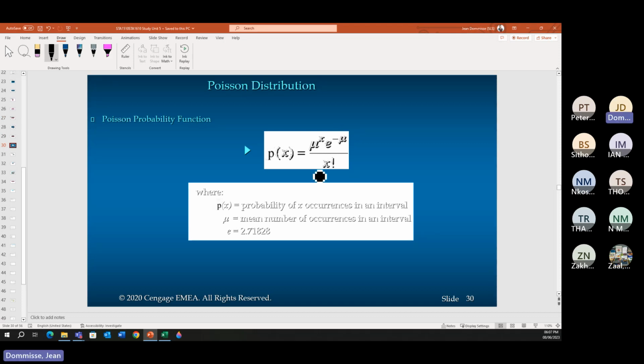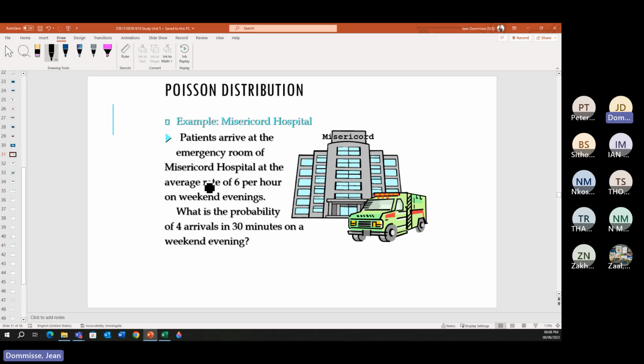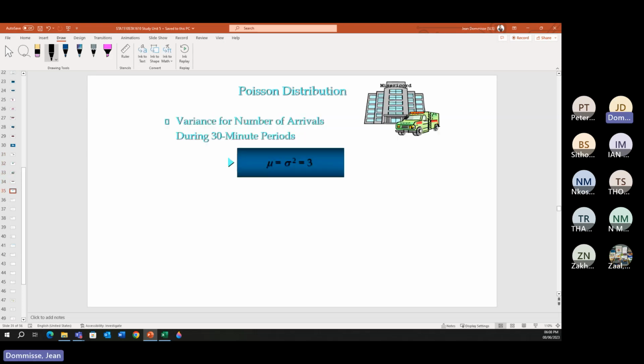Also in the pack is the Poisson distribution function again, but if we need to calculate this 4 or 5 times to get to one answer, it is a lot. So if you don't need to use it, I would rather use the formula sheets or the tables and things like that. Okay, so let's get to